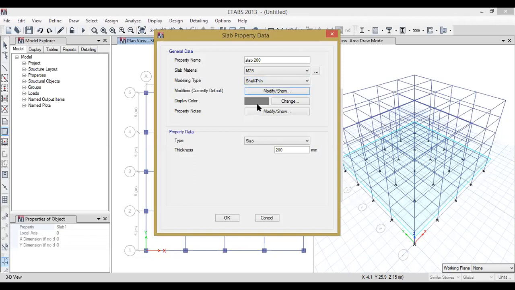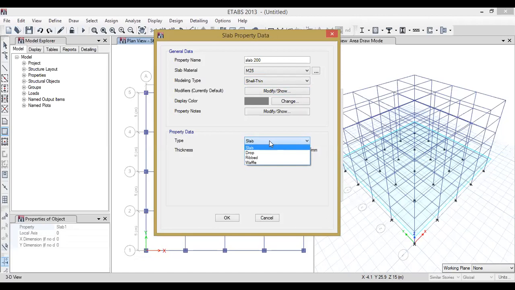After defining our slab type as shell thin, display color and all are similar things. Here again we get property data in which the first is type. After clicking on type, we get these types of slab: simple slab, drop slab, which means flat slab, ribbed slab or waffle slab.